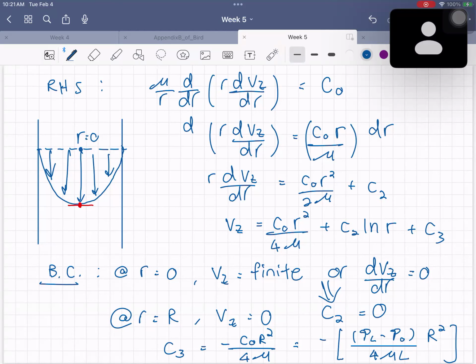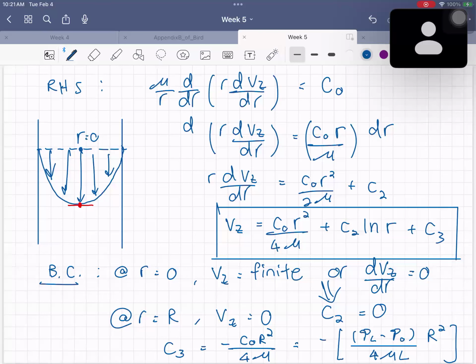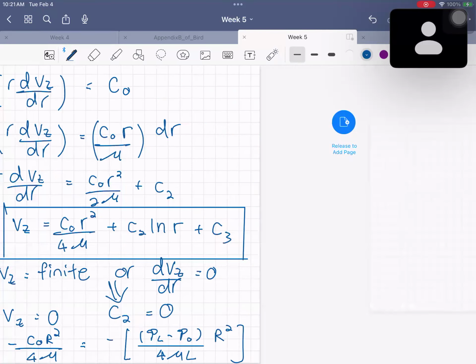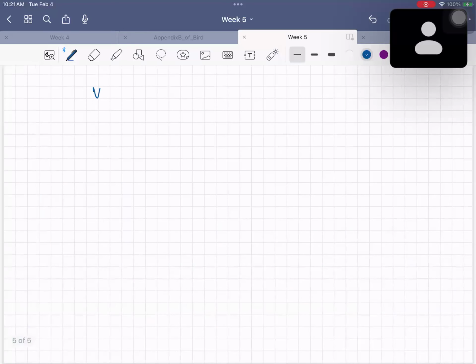All right, so now we have C0, C2, C3. Then put them all back into the equation, which is this one. Let me frame it. So substitute C0, C2, and C3 in this equation. So you get Vz equal to